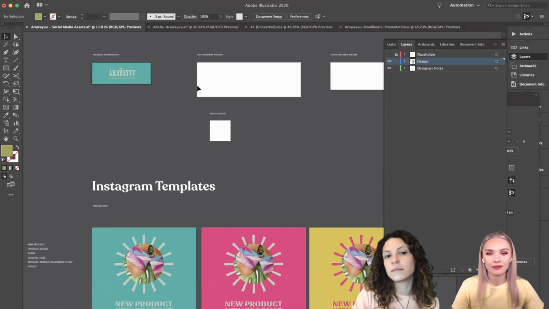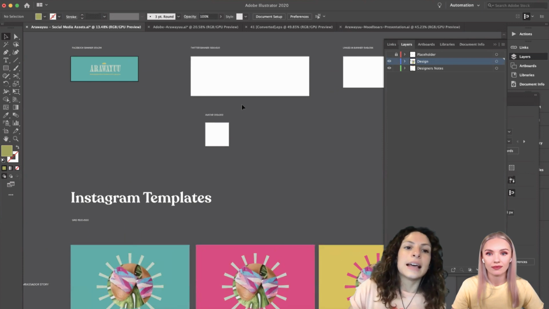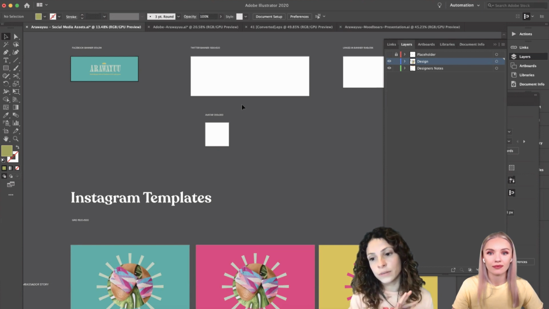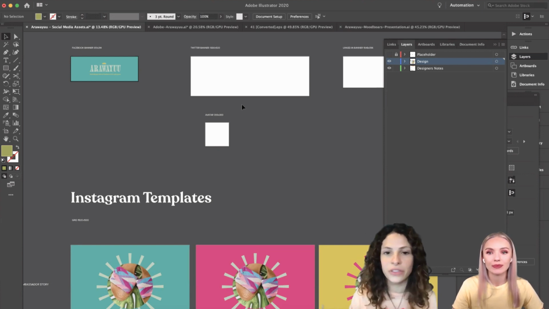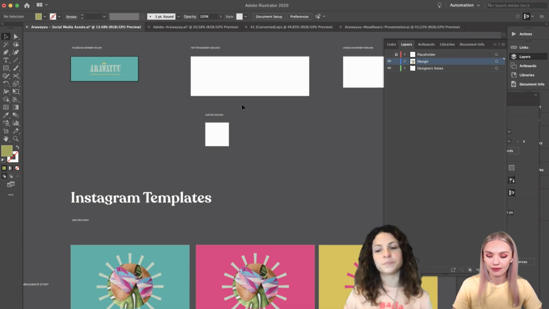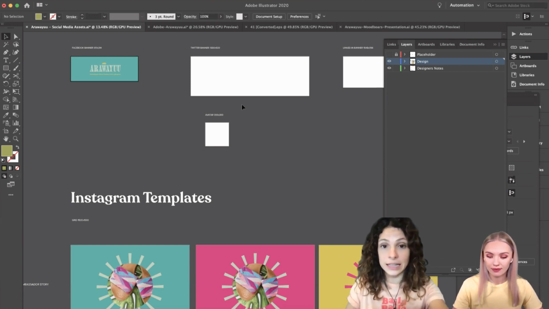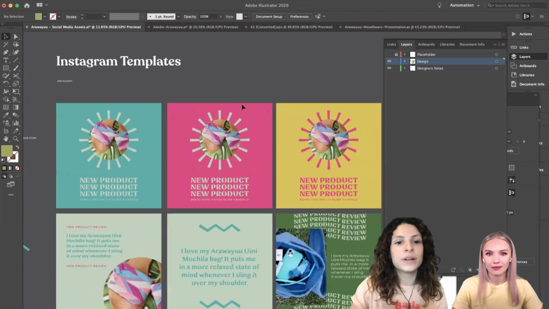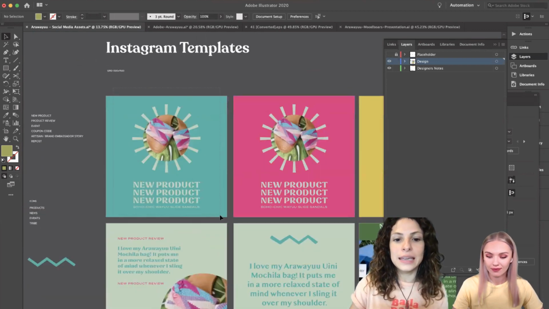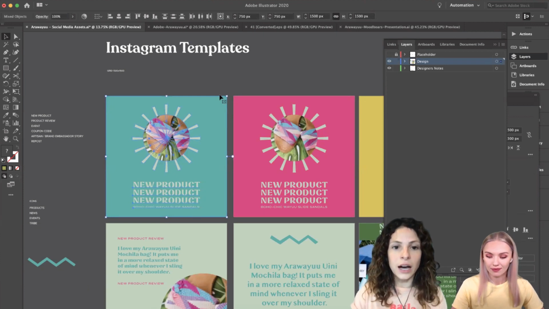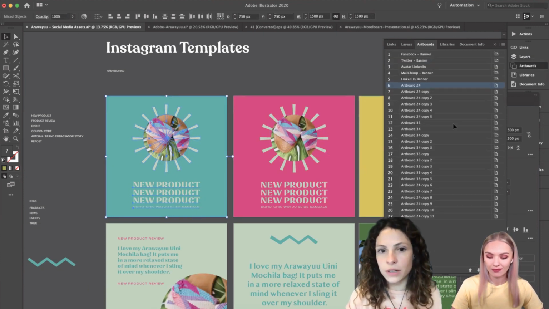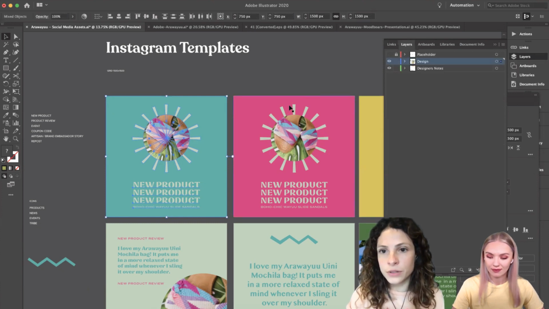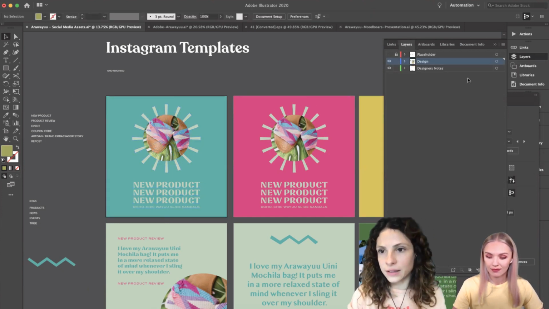I would do those. It depends, obviously. Sometimes there are brands that want the same cover image across the board. Sometimes there are different things, so I would work with the person in charge of the brand and see what they would need. And then one really important thing: once these are done, I would make them templates. So I'm just going to show you guys super quick how I would do a template for a client, so that they can change it easily.